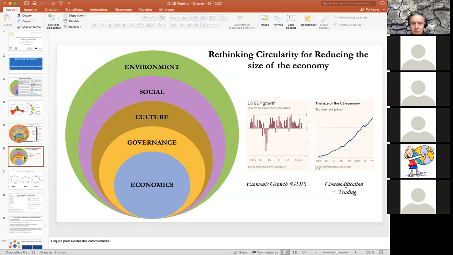And the big problem today is that when you compare the GDP to the size of the economy, you start to understand that the size of the economy gets bigger and bigger. When I say size, it doesn't mean only the way you capture the added value of the economy. This is the way you understand the economic size. And for me, there are two dimensions. Commodification means that if you check every country today, we get more and more goods with price, added value, demand, offer.